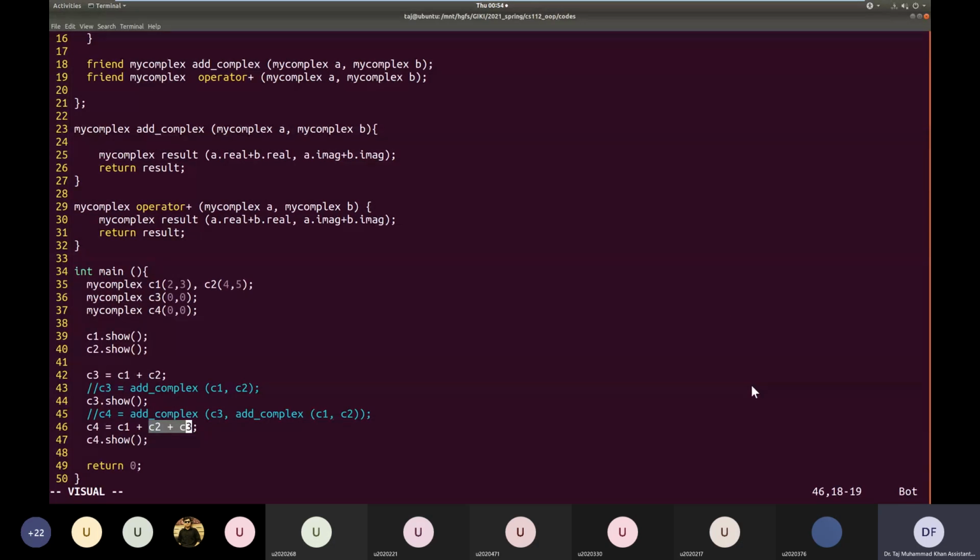So can you perform any arithmetic operation other than addition? Yes, since you are defining the meaning of addition for my complex type, you can define it in whatever way you want. Instead of addition, you can do a subtraction inside the function if you want. If you want addition to mean subtraction, then you can do any operation inside this function. It depends on the meaning that you want to define for the addition operator.